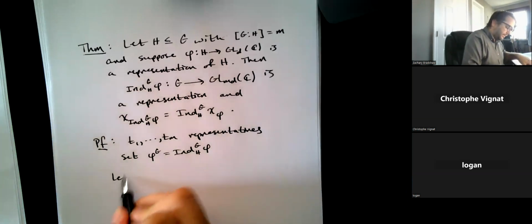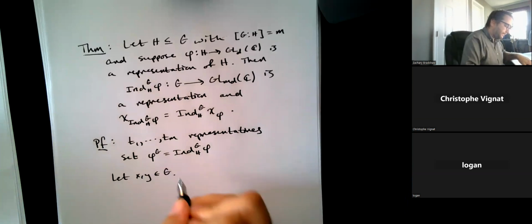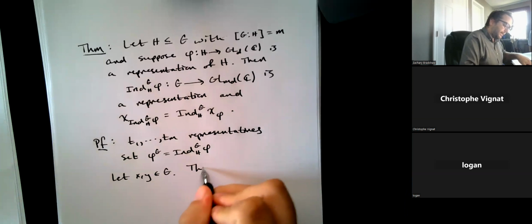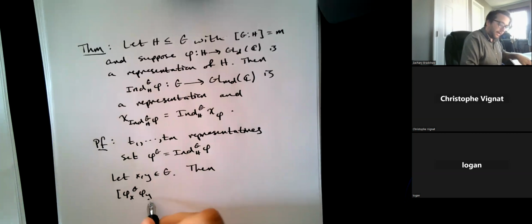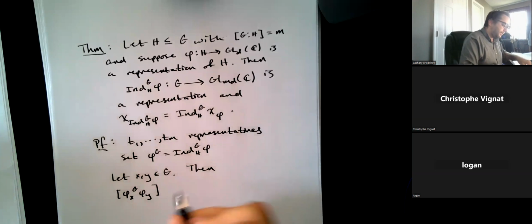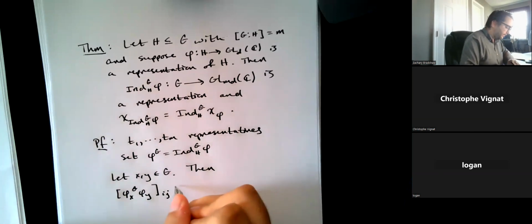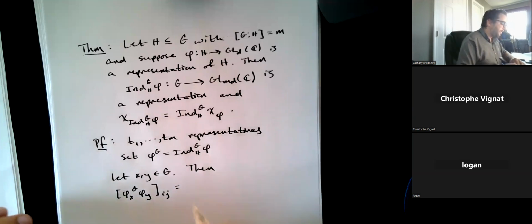So let x, y be elements of G. Then what we need to do is show that phi^G(x) phi^G(y) is... So our definition is in terms of matrices, so we need to write this in terms of matrices, or at least their entries. We want to show that this is the same as